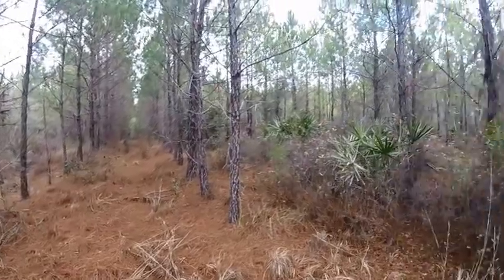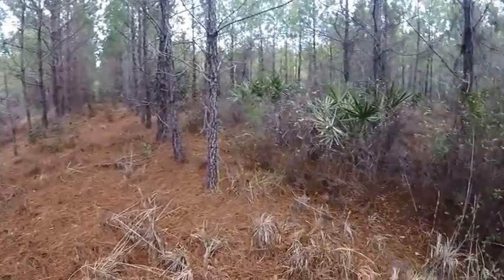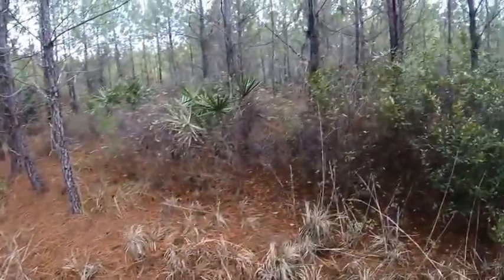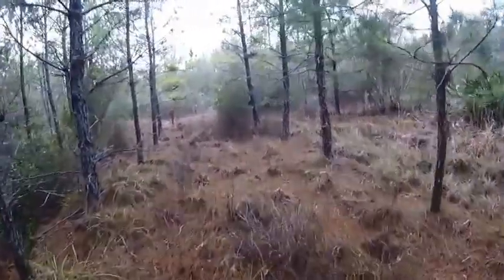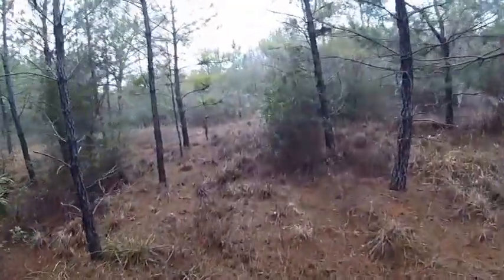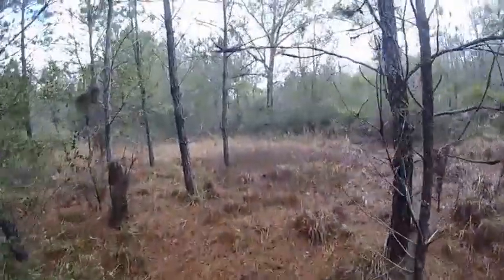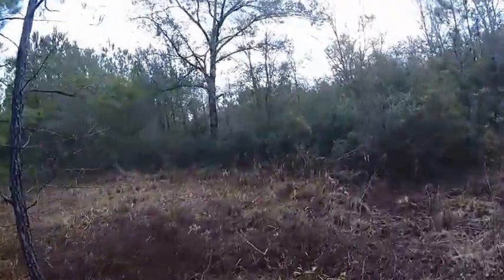Here's the thing about hunting in planted pines. It is an endless sea of rows of pine trees, palmettos, and gallberries. And you're going to look, and you're going to look, and you're not going to see anything, and then all of a sudden you're going to come on a break. And then you find it gets a little bit thicker, and then all of a sudden you find the holy grail for hunting in planted pines, and that's a lone oak tree. Now this area's got several, but you get an oak tree like this